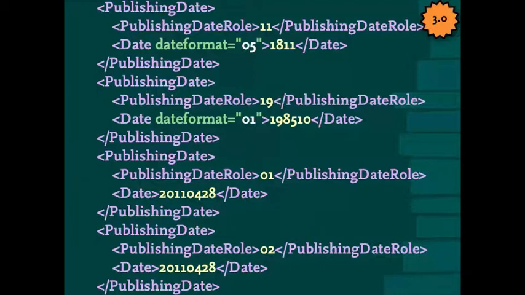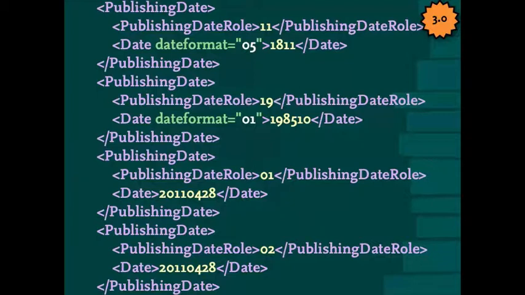Three quarters of the way down the screen, publishing date role 01, that's the publication date. Publishing date role 02, that's the on-sale date, or the sales embargo date. Publishing date role 11, at the top of the screen, that's year first published. Very simple. And it's a consistent structure that can be used again and again and again. And if we want new types of dates, it's just about adding a new code list entry. It becomes very simple. The structure is more flexible. And by making it more flexible like that, it means that we don't necessarily need to keep revising ONIX often in order just to add new